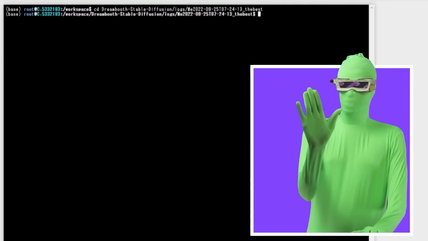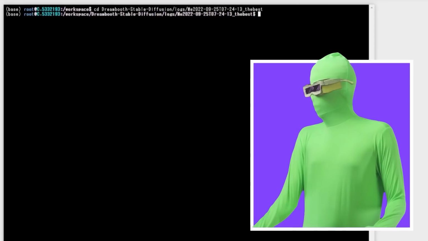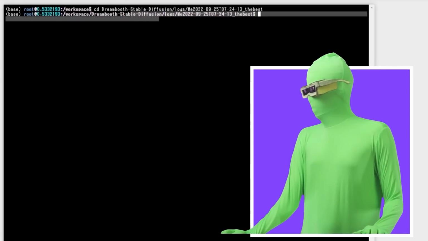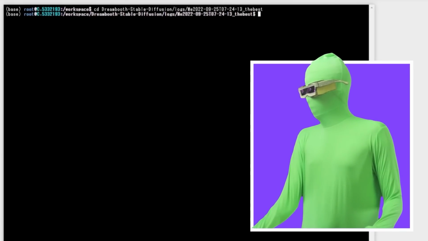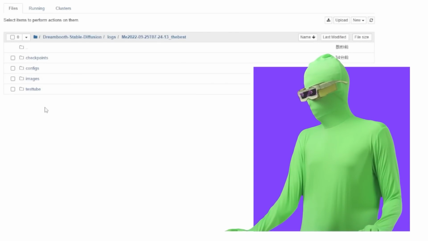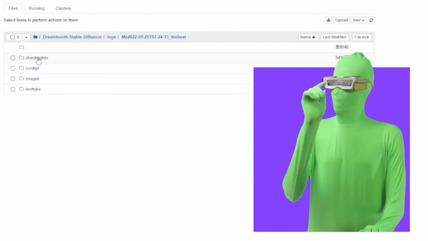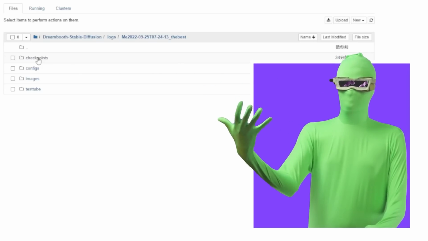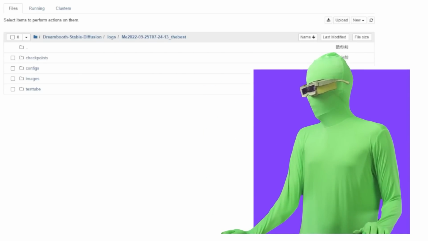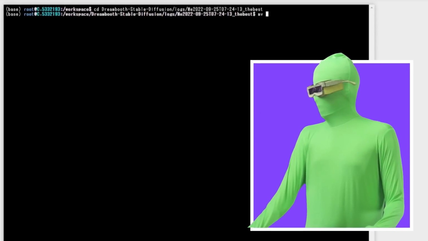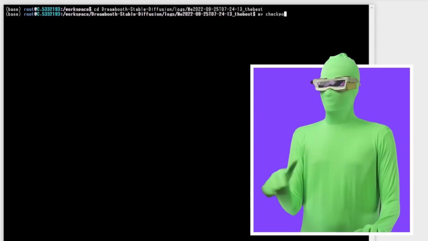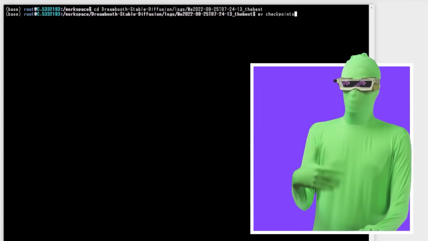So if you didn't see any errors or anything, you did it correctly. Now you can see that I'm in a different folder here. I'm in the folder I just said to go into. If I come here, this is what's inside of this folder. Checkpoints is where your files are. That's the folder I want to get out. I can't open the folder. So I need to come here, go mv, short for move, and then go checkpoints. Well, that's the name of the folder that we're selecting there.